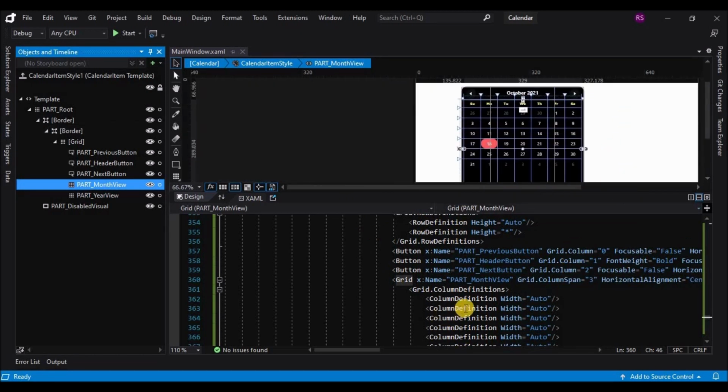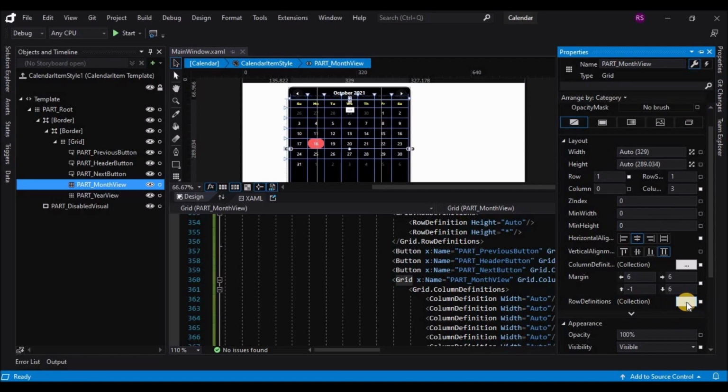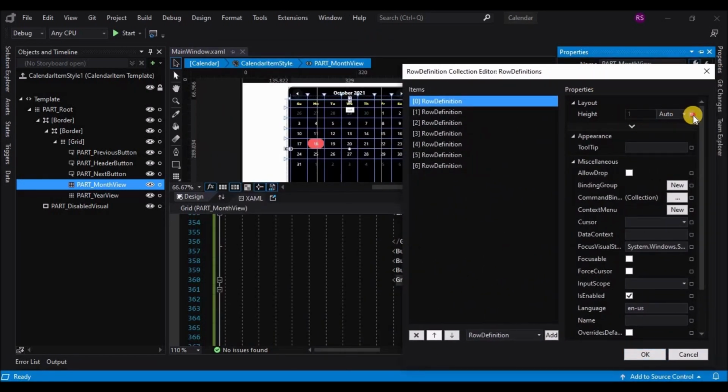So I will do a small minor adjustment to the grid. You can see that the grid looks quite skewed. So I'll go to the grid row definition. I'll reset it, and then I will change the height to 15 pixels and slowly increase it to see it in action. Let's change it to 40 for the first line, which is the days of the week,